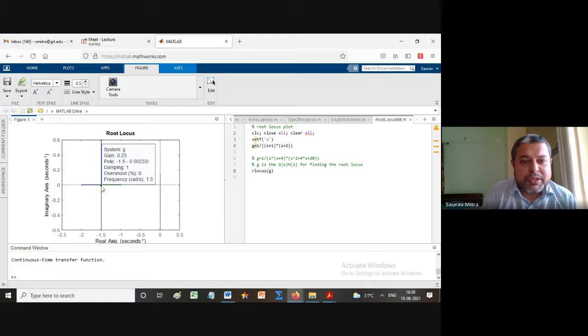So pole is at -1.5. Ignore this part because it's very small. वो थोड़ा clicking में इधर उधर हो गया. That's why it is showing like that. So actually breakaway point is at -1.5 because this is -1 and -2. So we had found that breakaway point is at -1.5. Sigma C is at -1.5, and at breakaway point overshoot is 0. Overshoot is 0 means there is no overshoot. That means system is exactly stable. Okay.